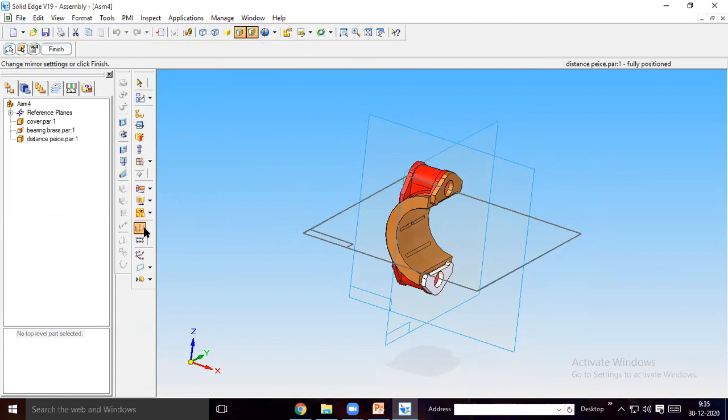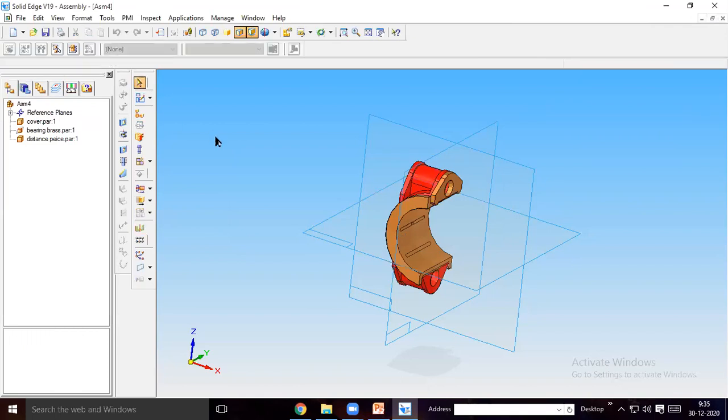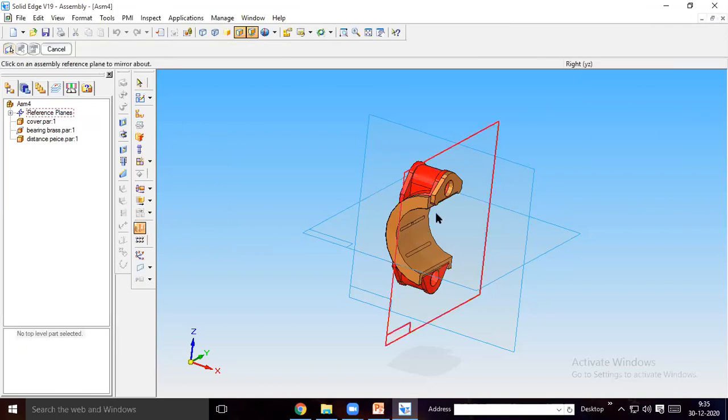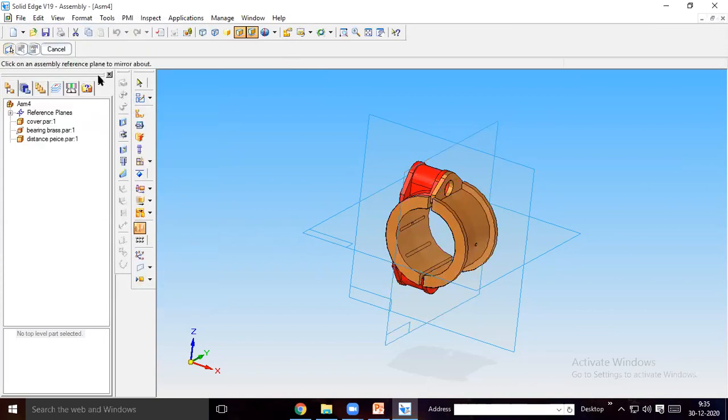So go to mirror option, then select the plane, this plane. Then select this component. Okay, then say OK here, then finish like this. So instead of doing assembly twice, you can use the mirror option by taking the plane.